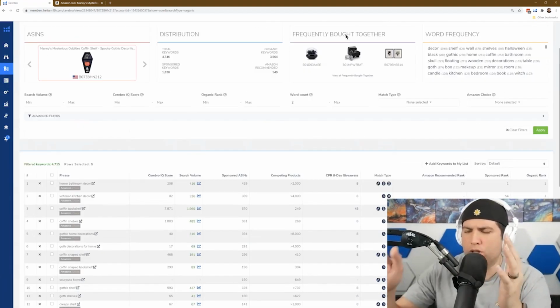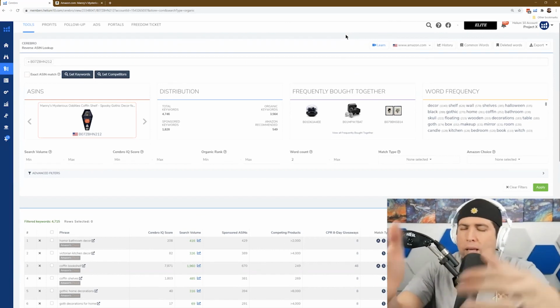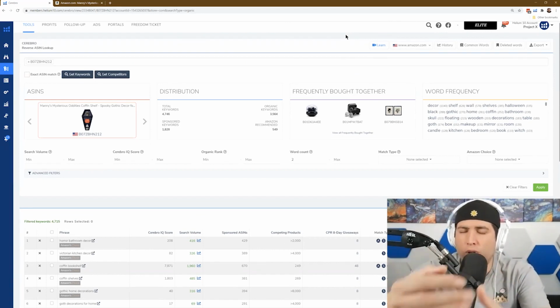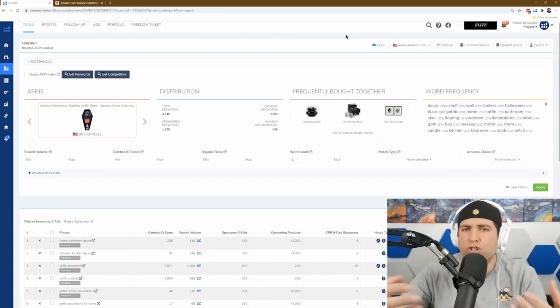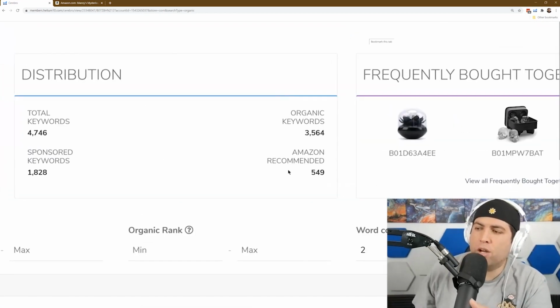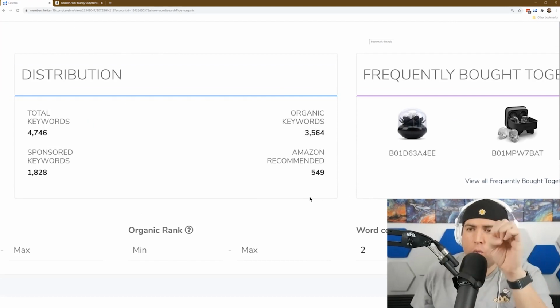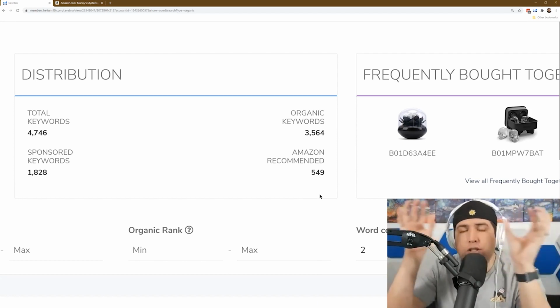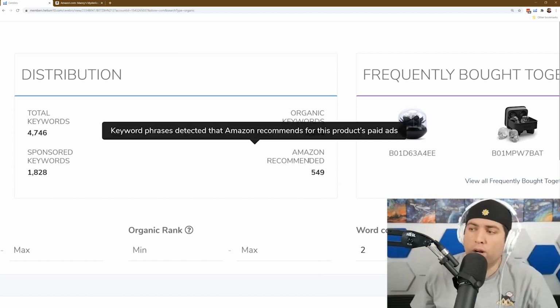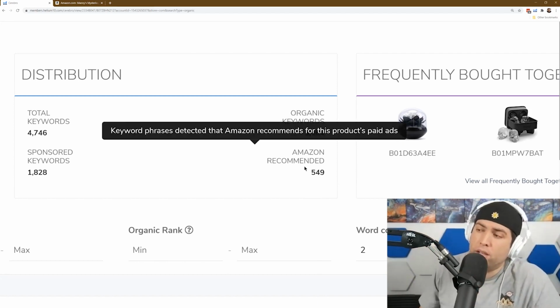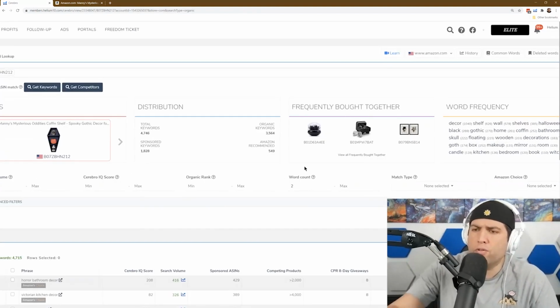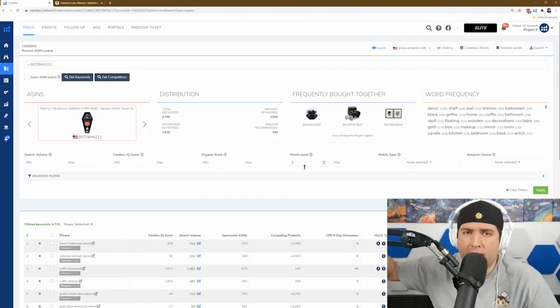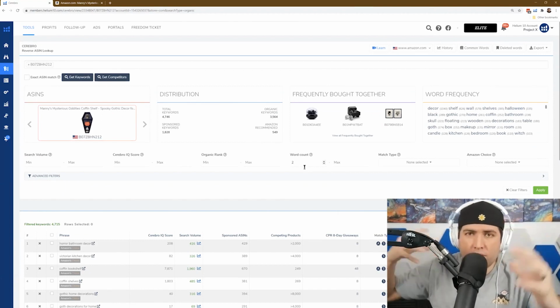So this product will show my own listing or my competitors' listing, all the keywords where they're ranking for organically, all of the keywords that they're showing up in sponsored results, and all of the keywords that Amazon recommends. Amazon has their own database and scoring system where they say, hey, if you have this product, we suggest that you advertise on this product because our data shows that you might be successful. So we are just showing you the information from that database from Amazon. So really powerful. You could just do it on one listing, or you could do up to 10 or even 20 listings, and compare them all together to get the keywords.